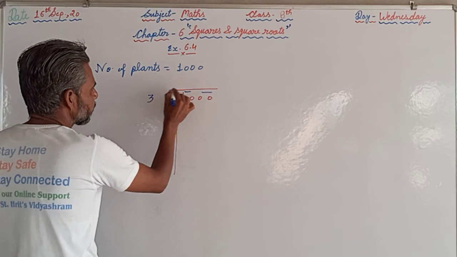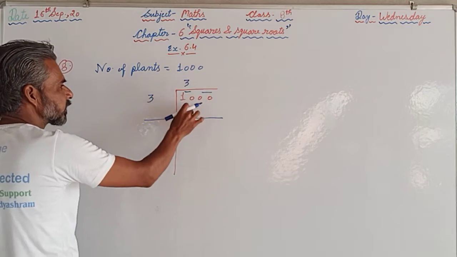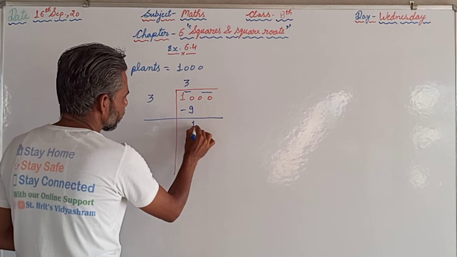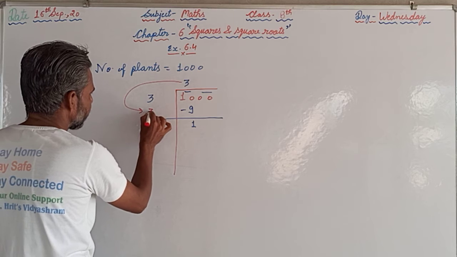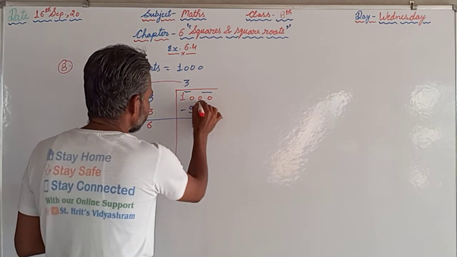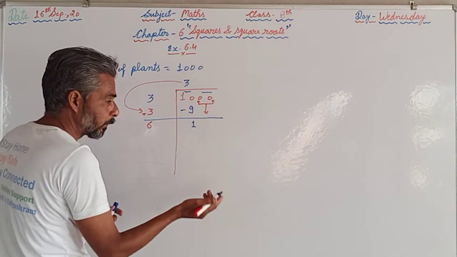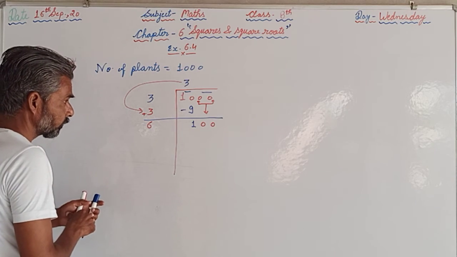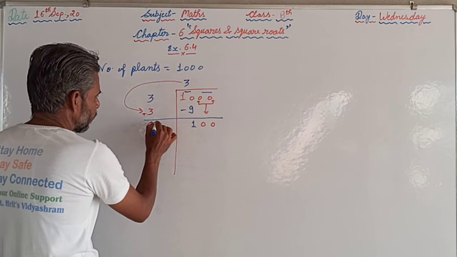So 3 times 3 is 9. Why 3? If we write 4 times 4 is 16, 16 will be more than 10. So now here comes 1 and that 3 will come this side, 3 plus 3 that is 6, and here we are supposed to borrow the pair, and the pair is 00, so it becomes 100. So 61